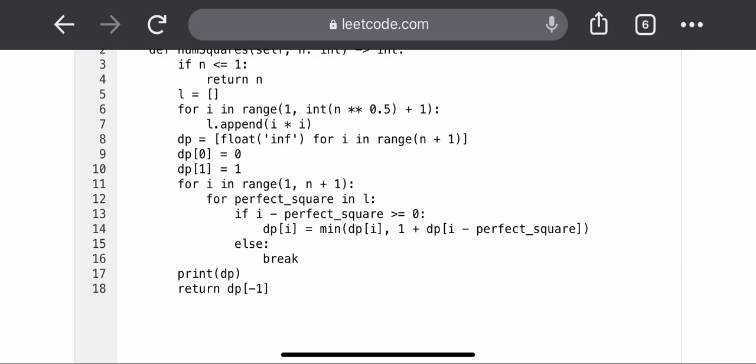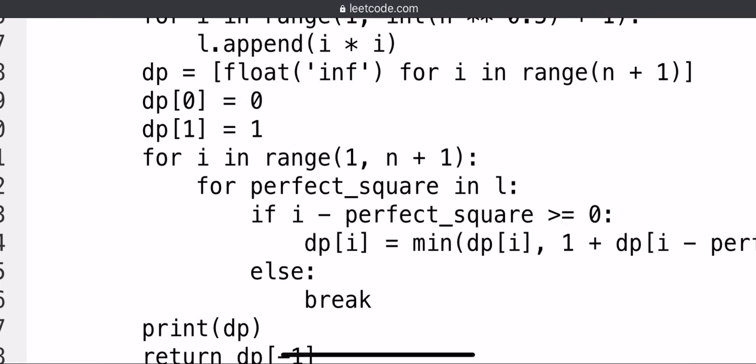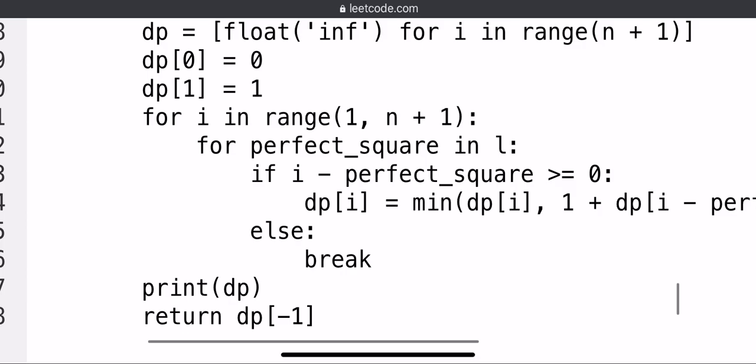Remember, a base case is a situation where we already know the answer, and in a dynamic programming problem there will be only some base cases. If everything is a base case, it will not be a dynamic programming problem, it will be a simple hash map problem, which means you already know everything and you just have to get the answer for that particular key, whose value is already present in the hash map. So for 0 we already keep 0, and for 1 we already keep 1, because for 1 it is the basic split.